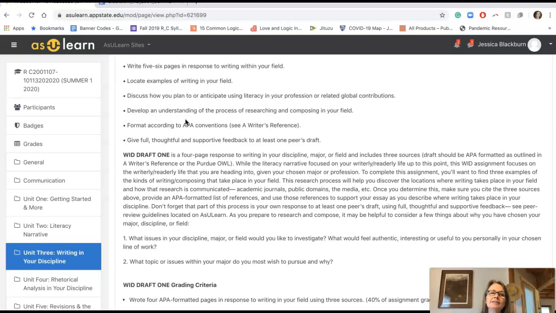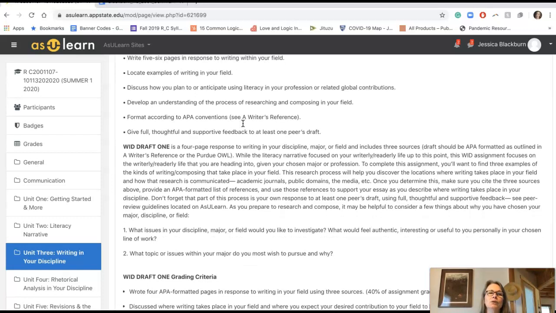And you want to format this assignment in APA. And we will use a writer's reference to help you understand those conventions. And you will see in this unit in our As You Learn page, where I've provided links not just to a writer's reference, but also to the Purdue OWL to show you how you format using APA, and that you give full and thoughtful and supportive feedback to at least one peer's draft.